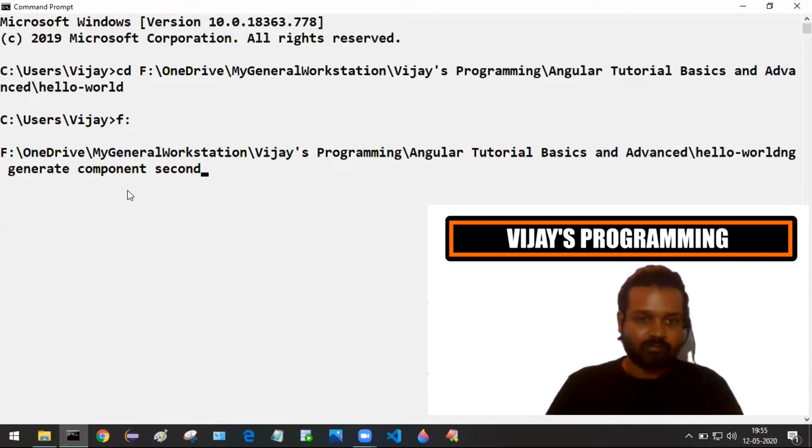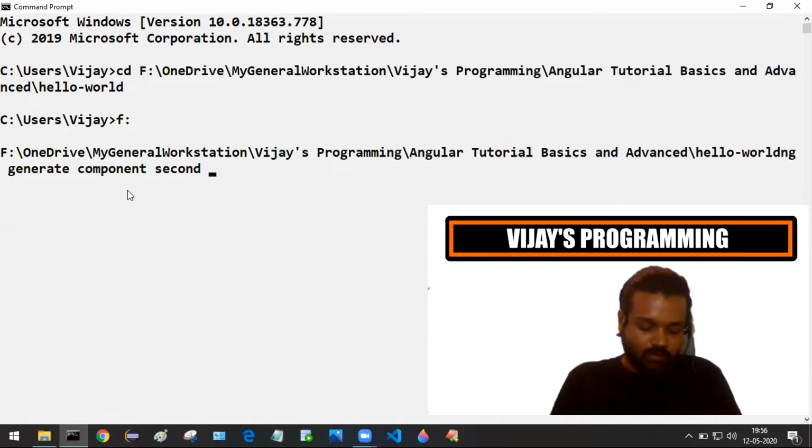But I want to skip the files that I don't need or don't use. The very first file I want to skip is the test file, which we don't actually use. That is for testing purposes, and as of now we are focusing on development, so we are skipping that file.